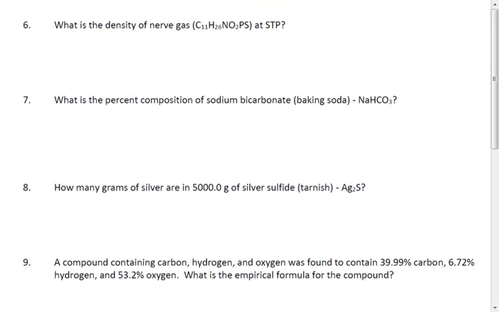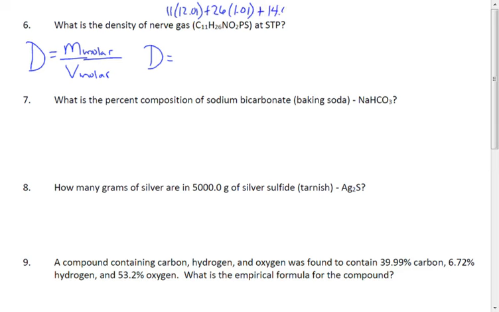For number 6, we want to find the density of a gas at STP. So remember, density is mass over volume. So if it's a gas here, we're looking at molar mass divided by molar volume. So our molar mass will be 11 carbons, 26 hydrogens, 1 nitrogen, 2 oxygens, a phosphorus, and a sulfur. So you have a lot of different elements there you had to add together. You end up with